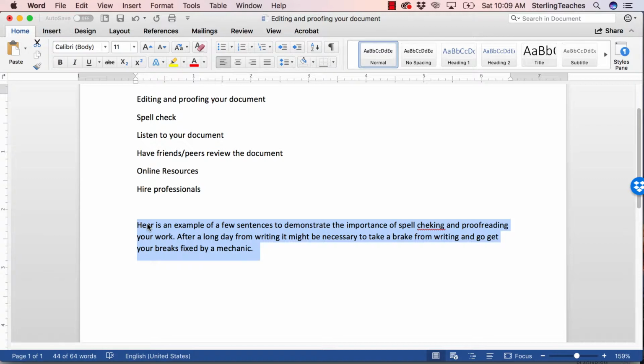Here is an example of a few sentences to demonstrate the importance of spell checking and proofreading your work. After a long day from writing,